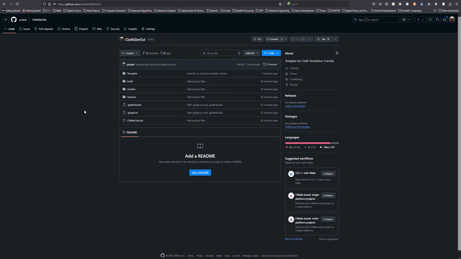Hello everyone. So in this tutorial, I decided that we should try to build a clothing simulation. So basically we're gonna use a template I've created, which is an OpenGL renderer that has basic camera controls, shadows. So everything is prepared for you. And all you have to do is create a cloth simulation